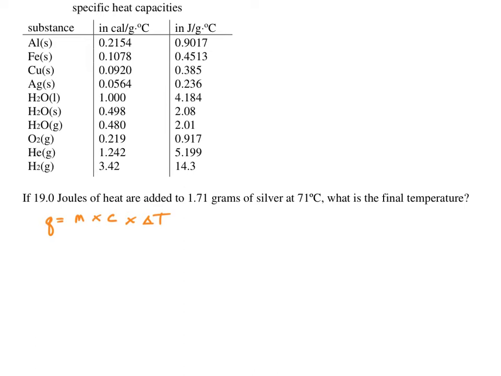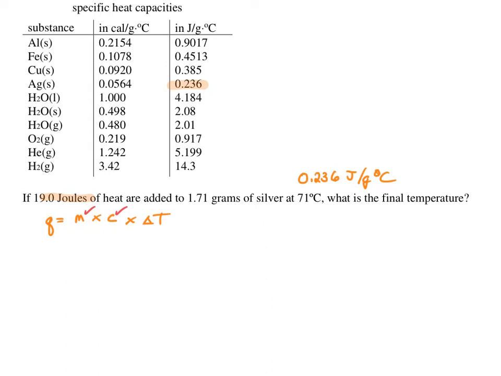We are given our heat in joules, and we're talking about silver, so we want the specific heat capacity of silver in joules. So we're going to be using 0.236 joules per gram degree C. So we have our specific heat capacity, we have our mass given to us here, and we're going to calculate